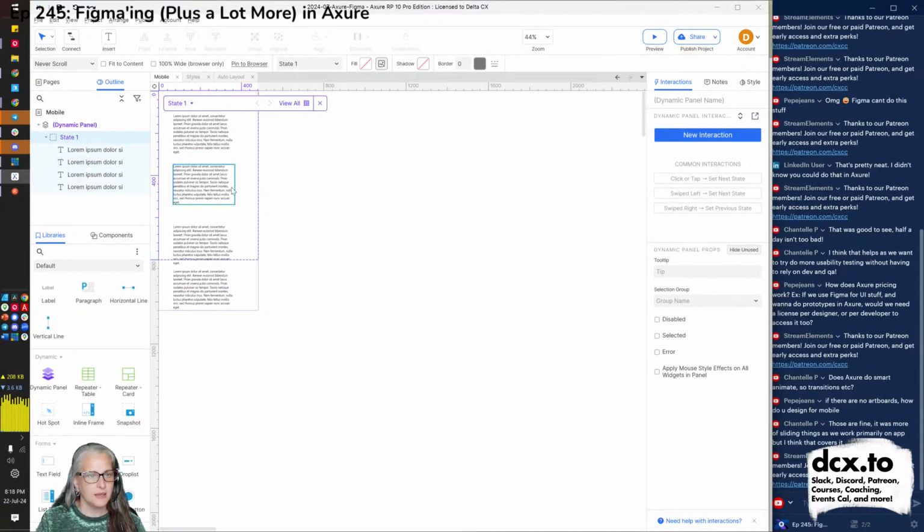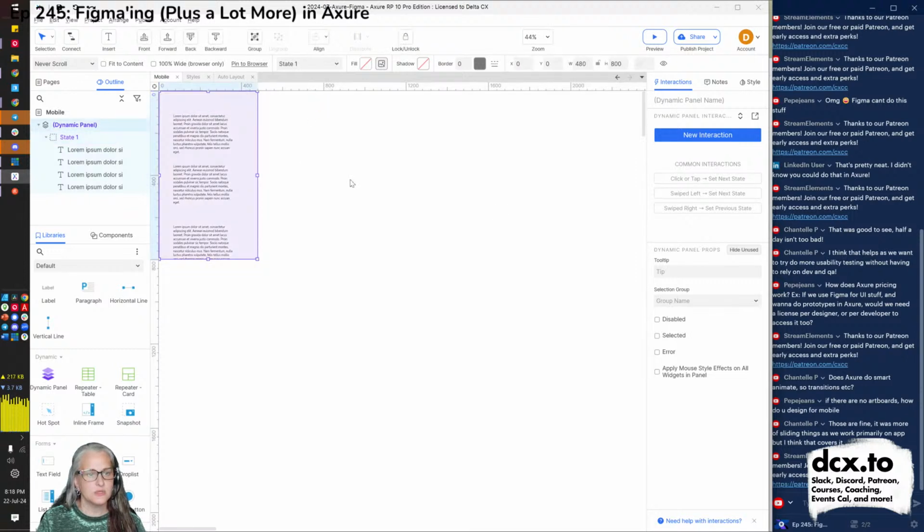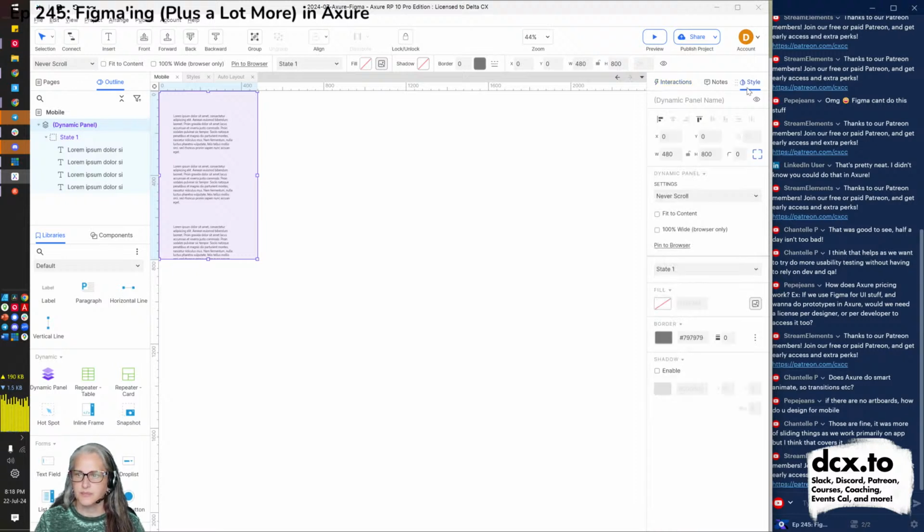I can go back to this dynamic panel and set it to scroll as needed, but that's got scroll bars. So I'd probably have to build my manual viewport thing for that.